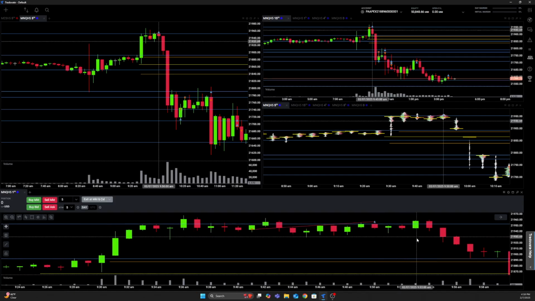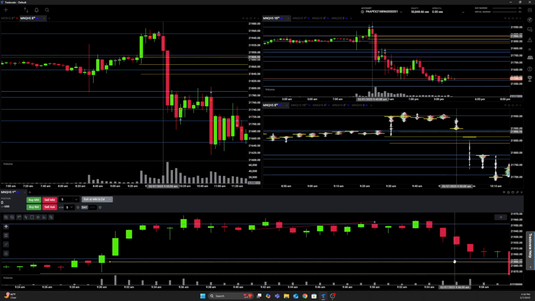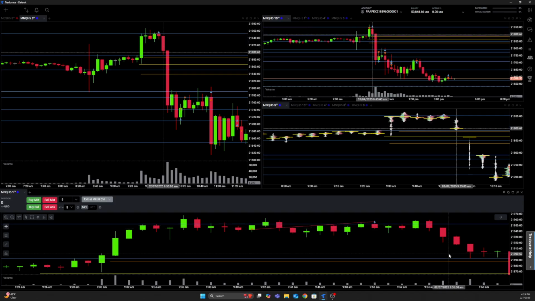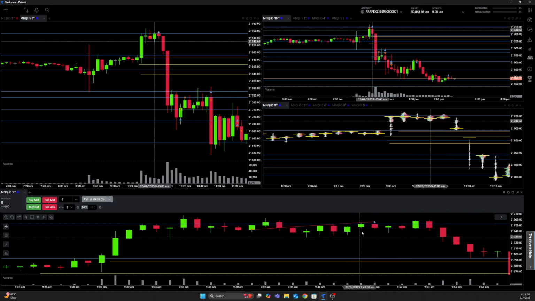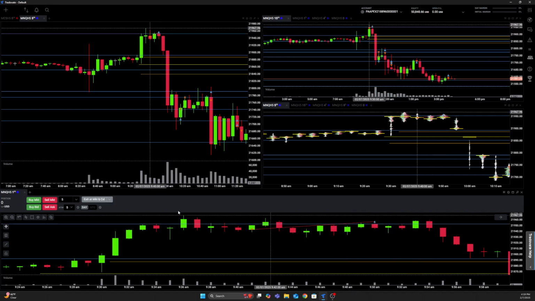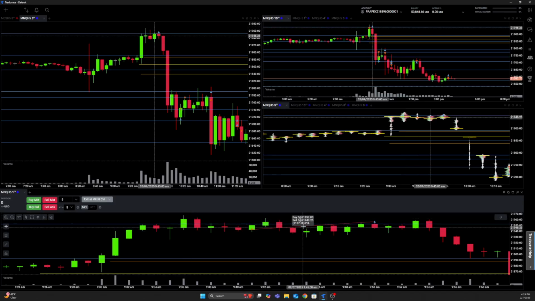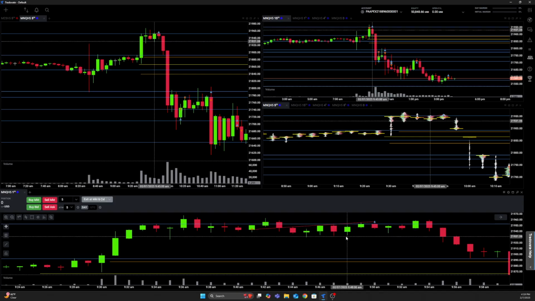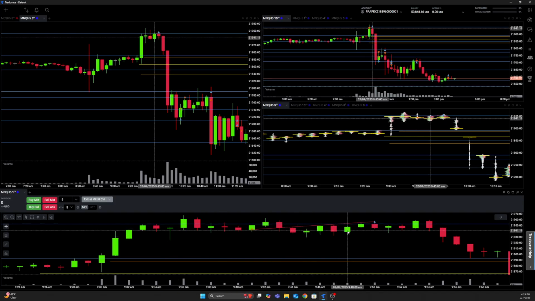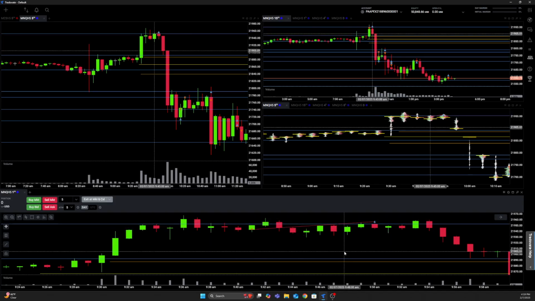But my first take profit was 30 points. My second take profit was this next level down here at 892. So it would have been a nice move, about 60 points on the runner. I took it with 5 contracts. I stopped myself out. My stop loss was above the high at A. So I had about a 20-point stop loss, but I stopped myself out for about 14 points, just because I didn't really like that we weren't breaking lower. The fact that we were just kind of chopping sideways for a while. I wanted to see a quicker move down.